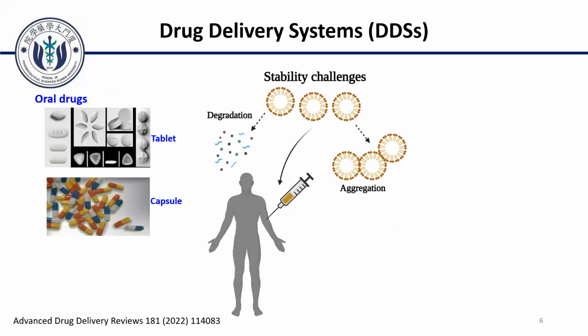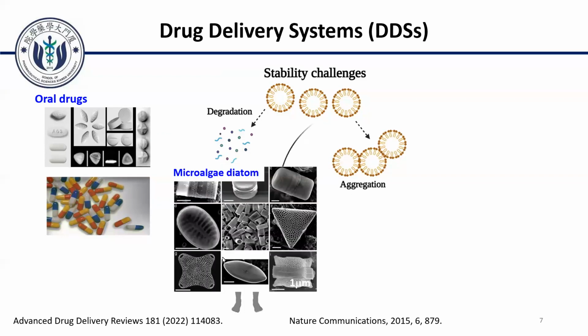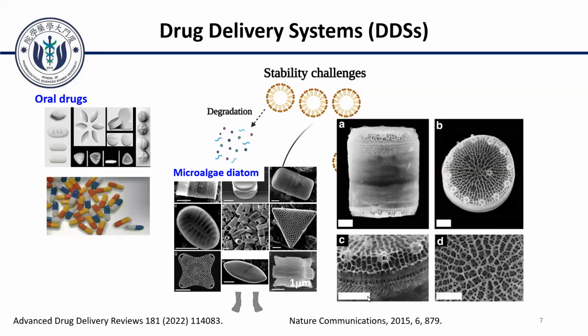As we can see, for drug delivery systems there are many formulas. Among them, oral drugs are one of the most common drug formulas that we use, such as tablets and capsules. There are a lot of natural carriers that we can use for oral drug fabrication. As the figures show here, microalgae diatom, like Indonesian tropical marine diatom, maybe you already know that Rindia and her group have been working with. Diatoms are characterized as porous silica, and we can see from the top view and the side view that they have a very large surface area, up to 100 square meters